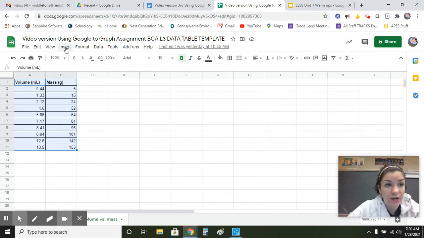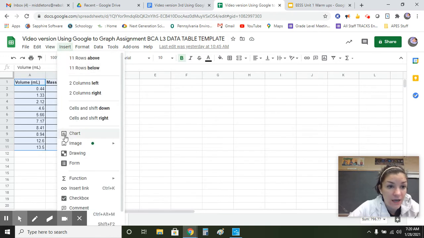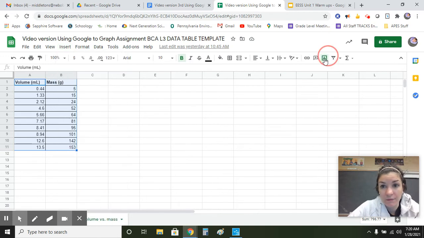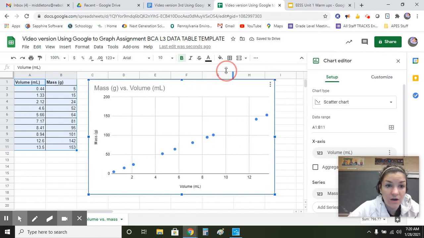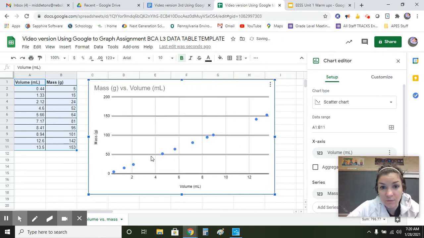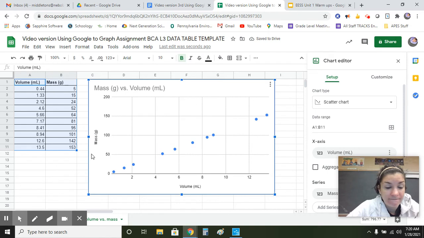Remember, there's 2 ways you can do that. You can push insert and click on this little bar graph thing here. I'm going to click on it over here because it's a little bit easier. And this already knew, oh, hey, we want a scatter plot. That's going to be the best type. It has our independent variable as volume, which is always on the x-axis, and mass, which is the dependent variable, is always going to be on the y-axis, all right? And it has it beautifully spaced out. So I think it's pretty much ready to go, except